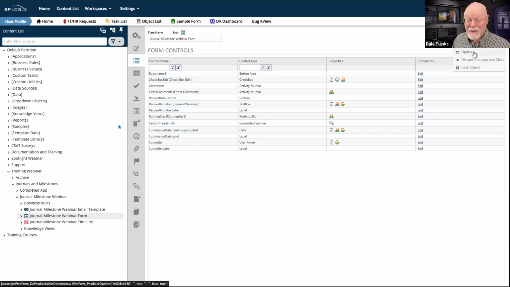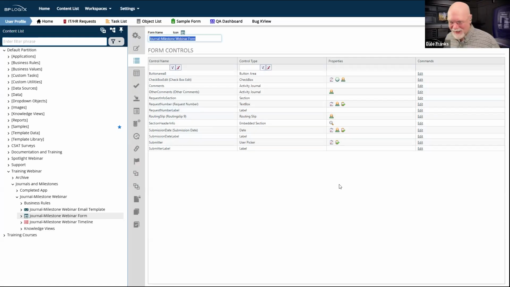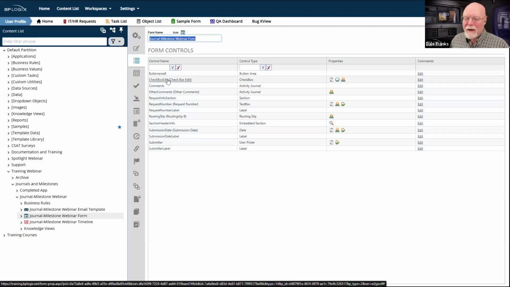And if it's not, I can go and look at my other application and be sure that I follow all the configuration. But I think I'm fine. I've got checkbox edit. It's only going to be available when I'm in the approval 1 activity. If I click it, I want to make the form editable, right?